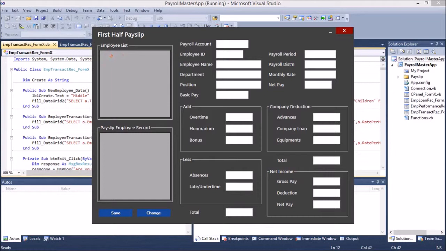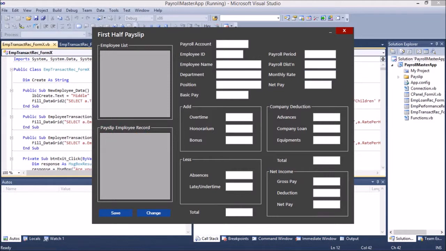So here at the employee list is the list of every employee that needs to have a base salary. Every time you click this, it will be displayed here, only in this area. Here is where you need to input it, but from here on it will just automatically calculate if you have this monthly rate. So that's what happens. Every time you save an employee payslip,